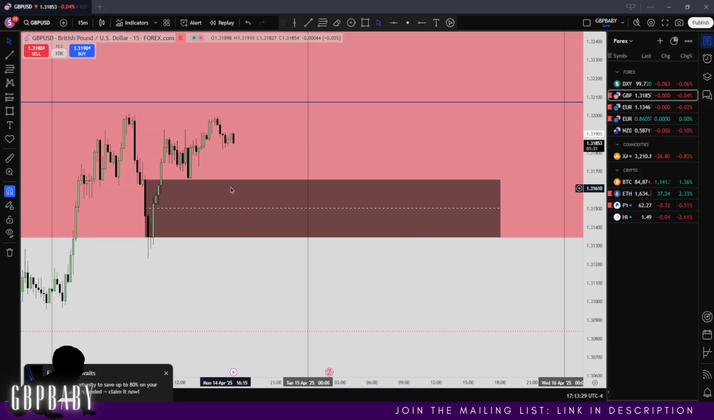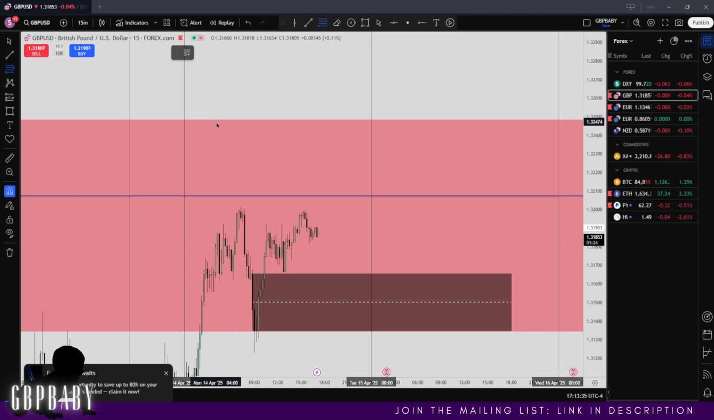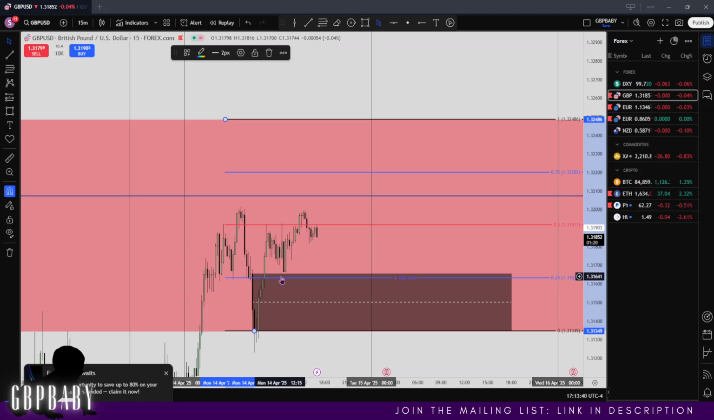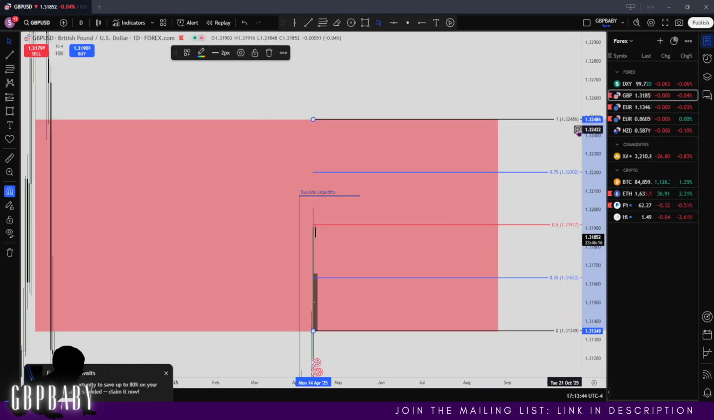It doesn't have to even get all the way down here. Ideally it doesn't, but if it does, I'd expect it to be able to bounce out of it to keep trading higher. Or we can even split up the fair value gap itself, and you can look at that 25% level as well. But if we go up to the higher time frames, like the daily,